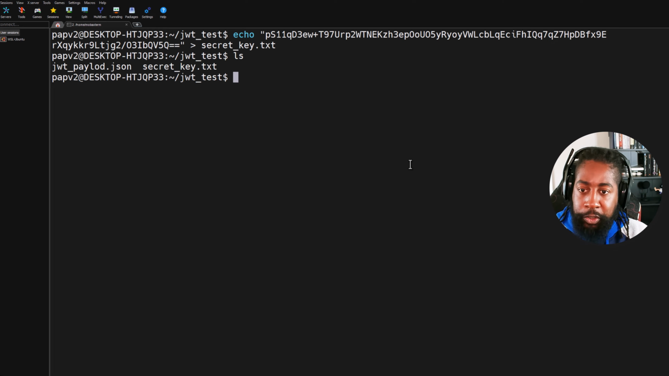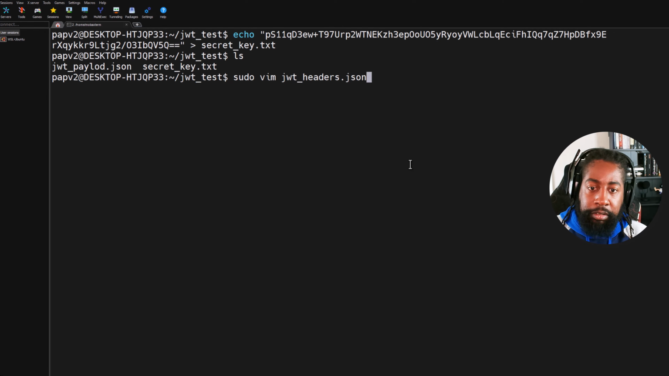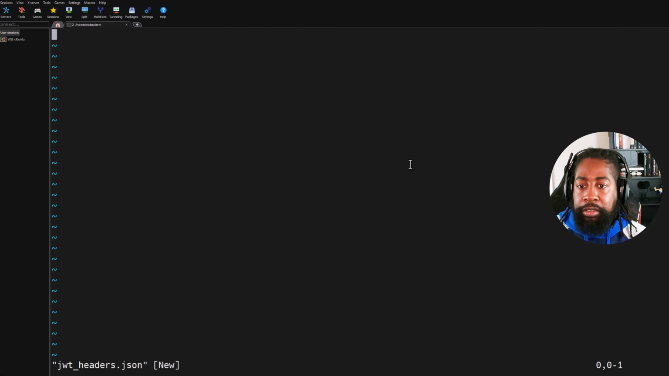So I'm going to go back into the text editor Vim. This time I'm actually going to name the file beforehand. I'm not going to wait till the end. So we'll name this JWT headers.json because JSON format. So let's open that up, and we are going to start with the JSON squiggly brackets, and